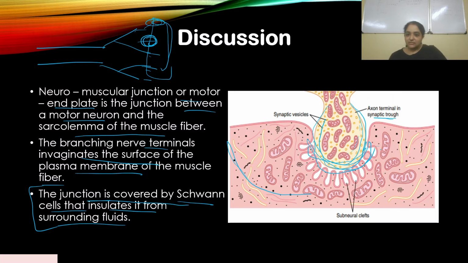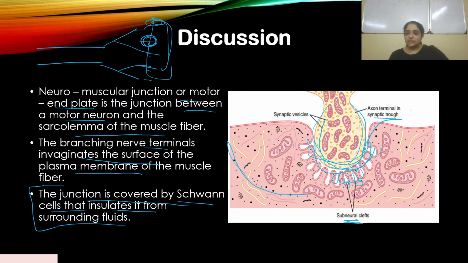Now you see these clefts, they are called subneural clefts. You see these clefts forming over here. It is interesting how these clefts are designed, or why are they designed? They are designed to maximize the surface area for neurotransmitters to attach to. That is why they formed as clefts. Just for your information, it is just to increase the surface area. So these are called subneural clefts over here, and the space you see is called the synaptic space.